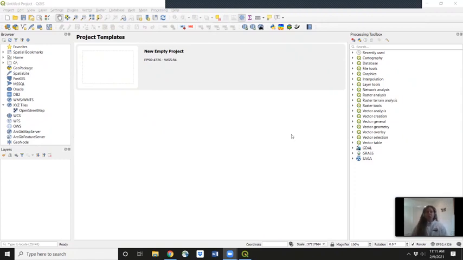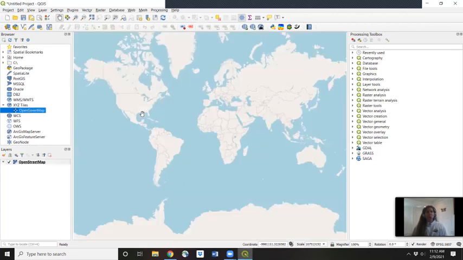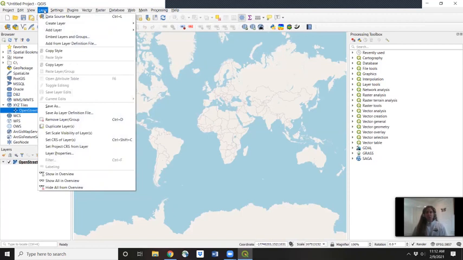All right, today let's start learning how to make a nicer looking map. Let's start with our new empty project in QGIS. Let's add in our street map by double clicking on OpenStreetMap. Let's add in our CSV file showing the turtle locations by going to Layer,